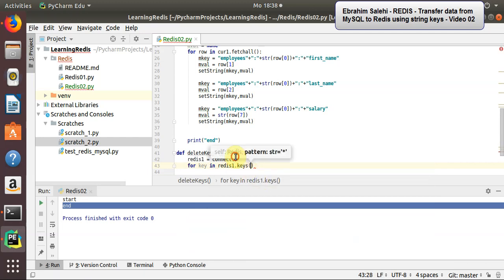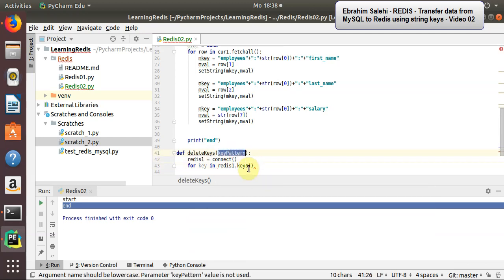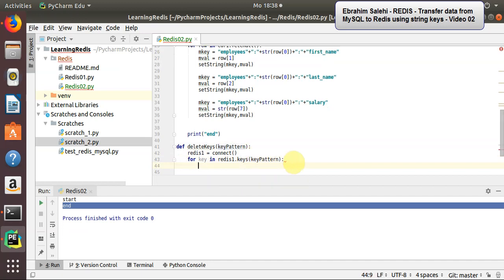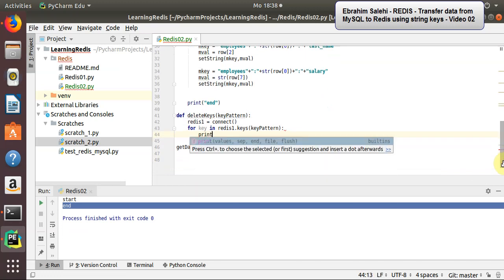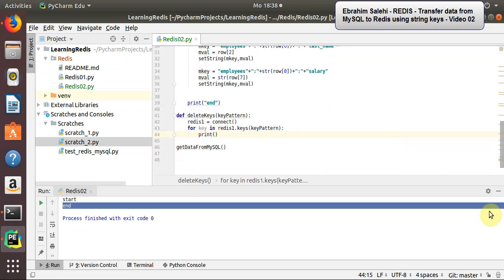The key pattern here, you must use the key pattern column, and here if I print the columns, the keys,